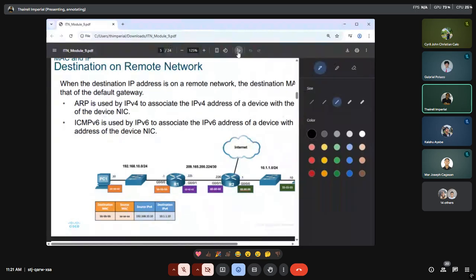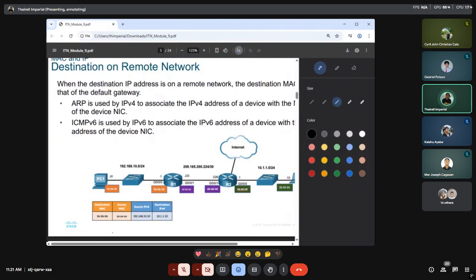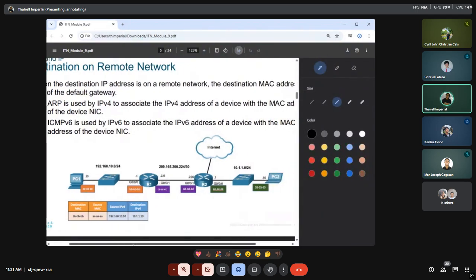We are well aware that in the data link layer, the destination MAC address and the source MAC address change from device to device every time a data packet is sent from one device to another.